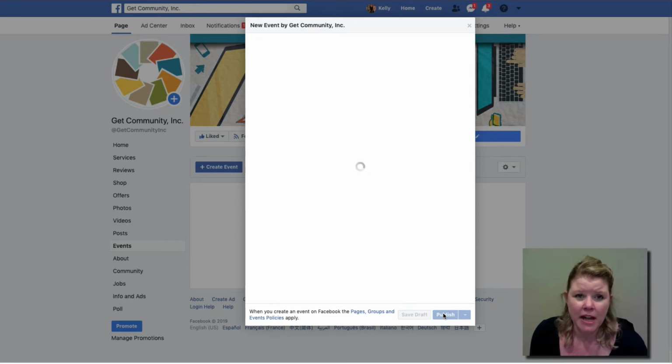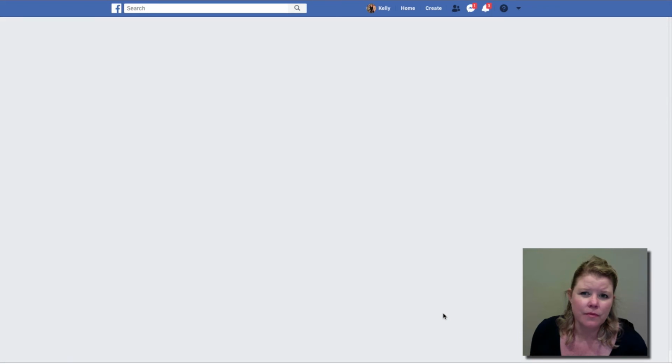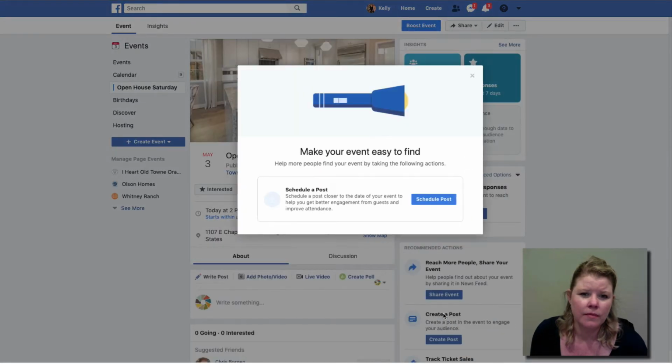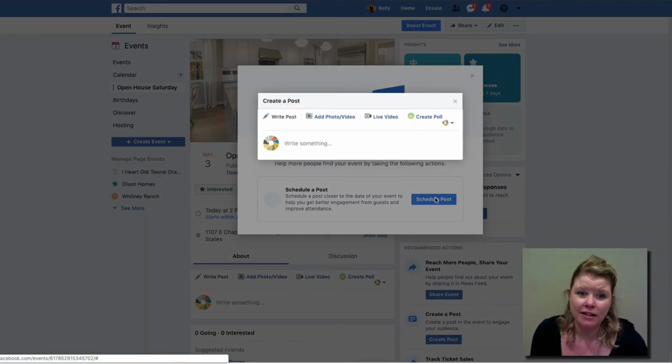I am going to go ahead and publish this event. And there it is. So Facebook will actually walk you through some things that you can do. This is going to say make your event easy to find, help more people find your event by taking the following actions. So this is where it might have you schedule a post, which is great because you can write